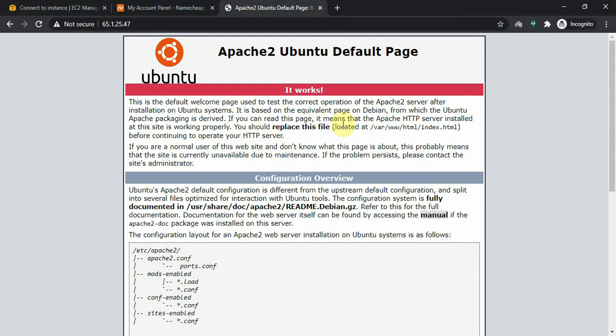So let's see here what it says. Replace the file located at /var/www/html/index.html, and this is the index file. So we'll change that file. For this we will use FileZilla FTP. If you are hosted on GitHub, then you can also do that, but now I'll show you FileZilla.